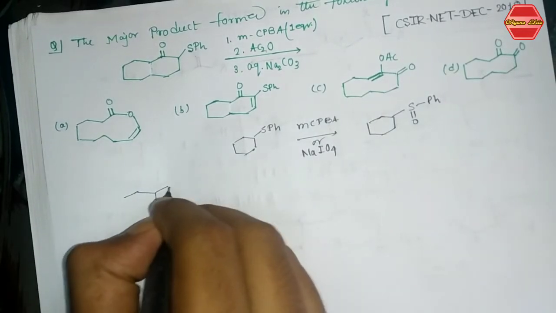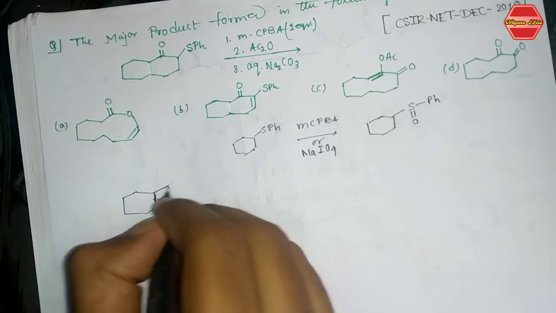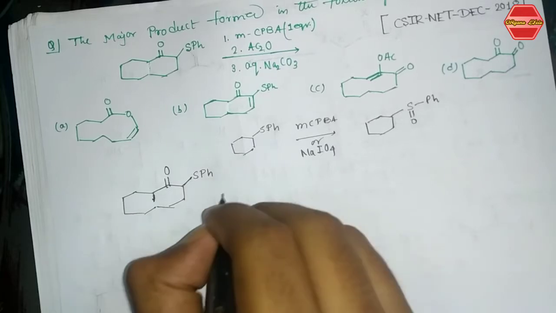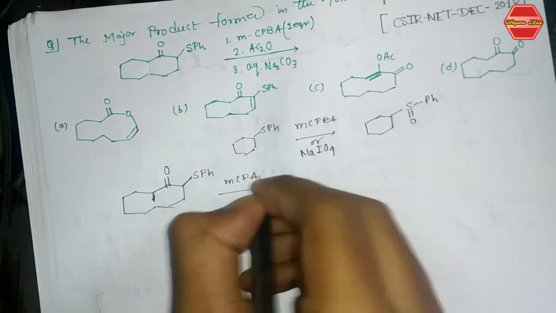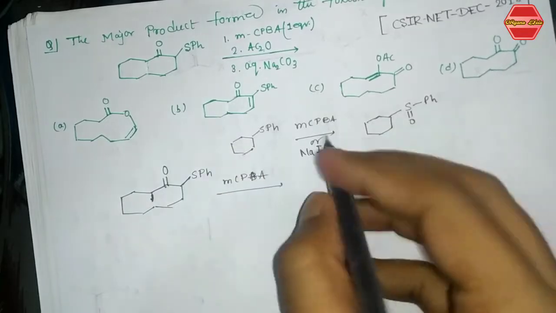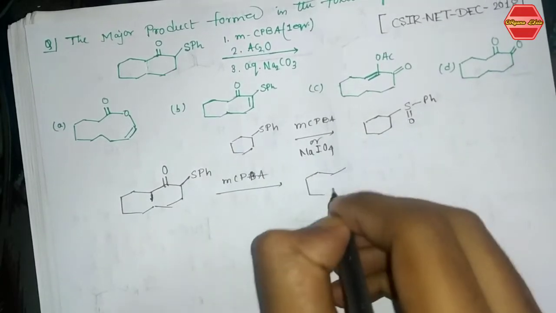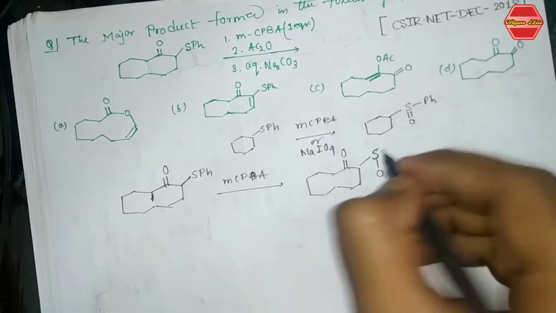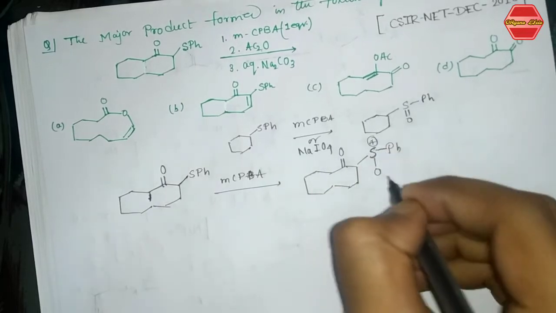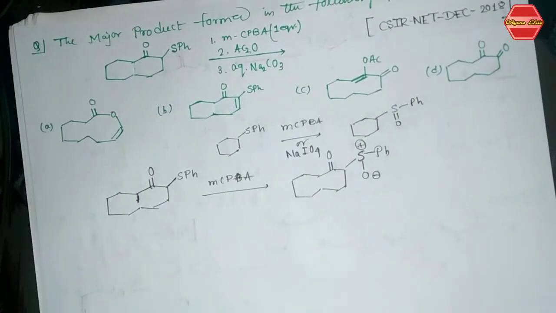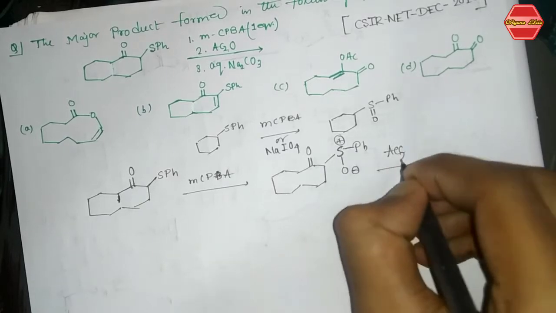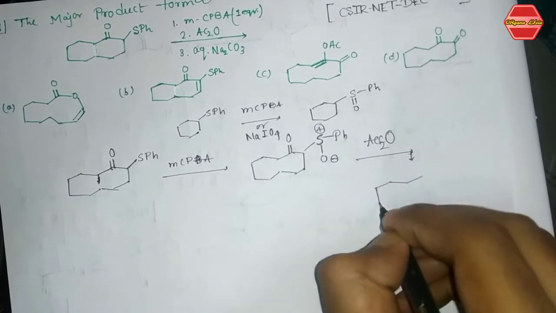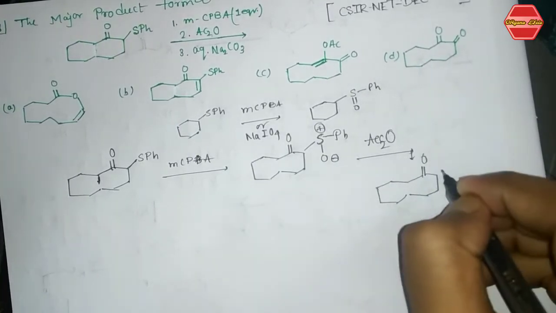This is a double bond, this is your S-Ph. Now you have placed this metachloroperbenzoic acid, and you know what our product will be. I have written this bond like this, that is, the breaking of this bond in this way. Now if we use Ac2O on this type of compound, we get the product like this, with OCOCH3,